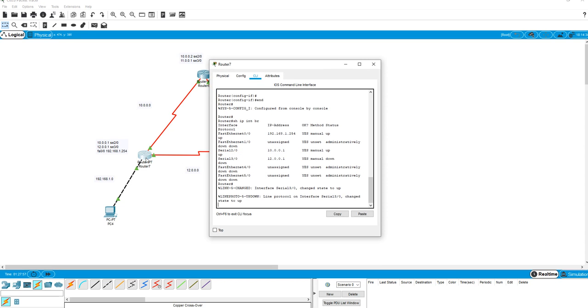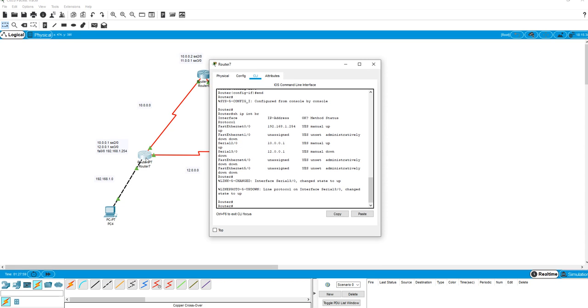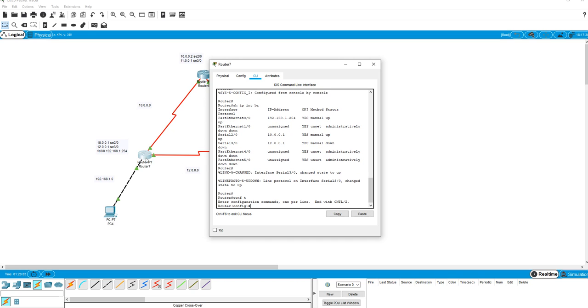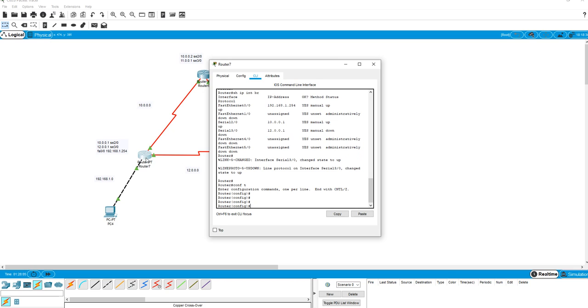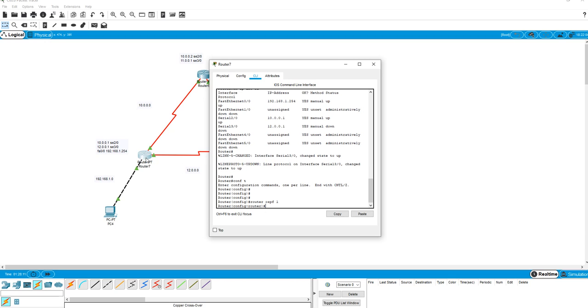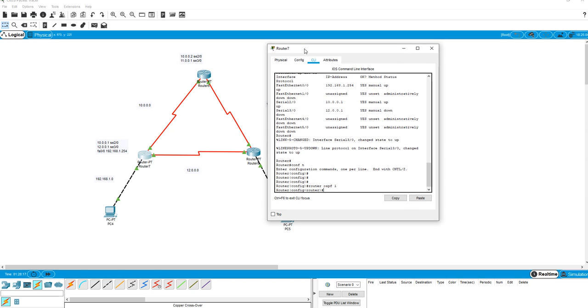So let's go into this. I'm going to go to conf t, configure terminal. I'm going to have to type in the router ospf 1 command, and now I need to start putting in the wildcards. So basically, I'll put the first one in, network. So the network it needs to learn was the 10.0.0 network,